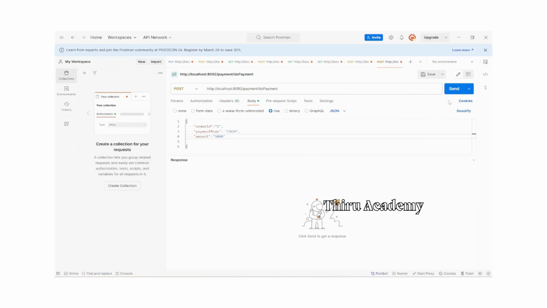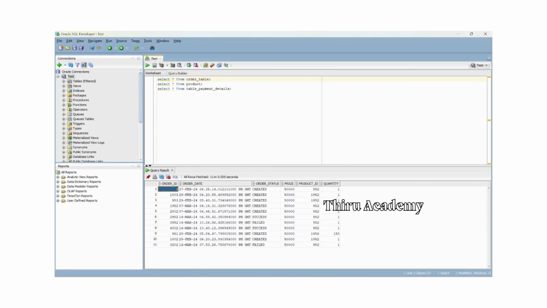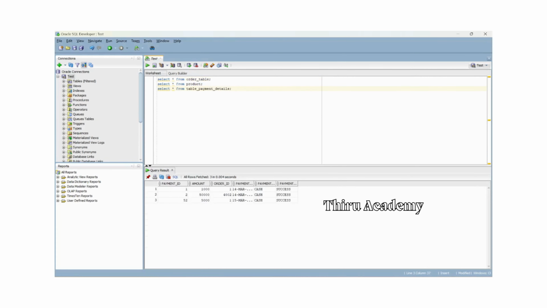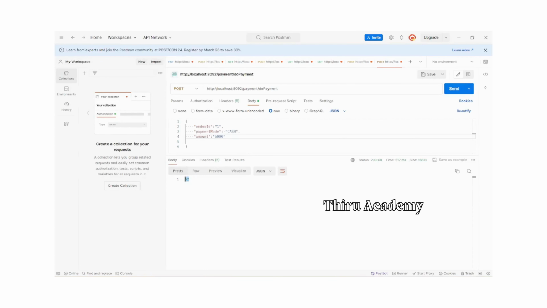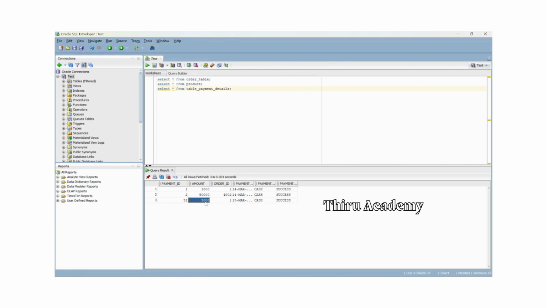Okay, fine. I am sending that request. Yeah, we have received 52. That we need to verify in which table? Table underscore payment details, this is the table. See, our payment ID is 52, which we have written just now. Payment amount we have provided 5000, order ID 1, payment date 15th,